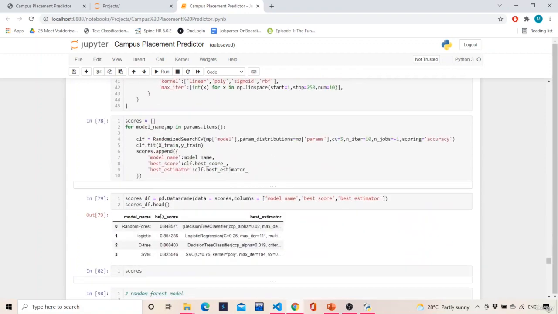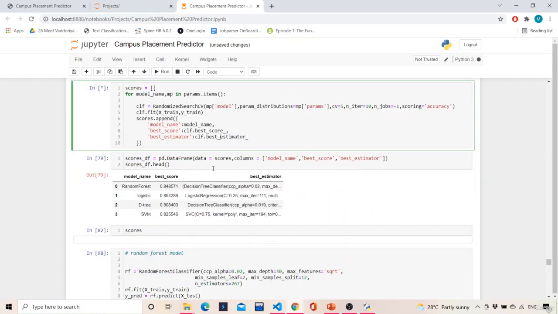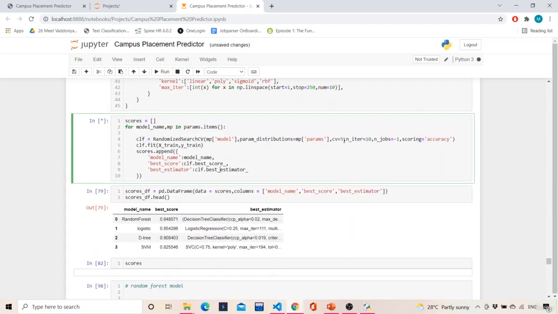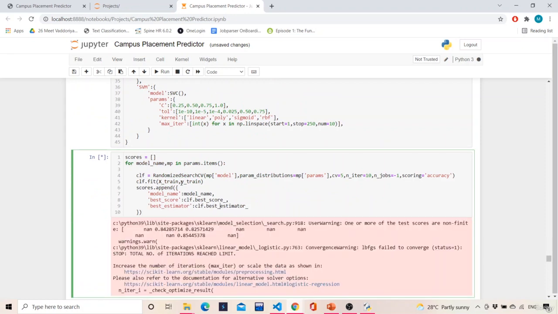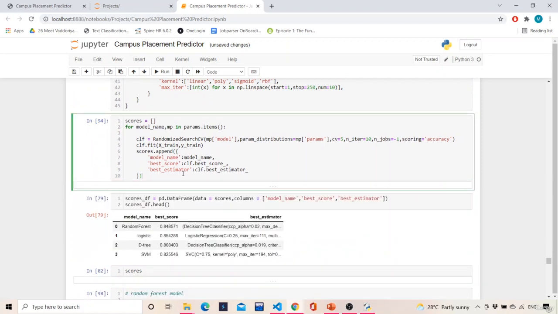time. So if I execute this, in the scores I'm appending the name of the model, then I'm finding the best score. What is the best score? Among all the cross validations, what was the best score given by the particular classifier, and then the best estimator. This is what I am looking for. This will take some time, because 10 into 5 is 50, 50 into 4 is 200, so this will run 200 times, but as the size was small, it didn't take that much time. Over here we got a little bit of error, but that's fine with respect to support